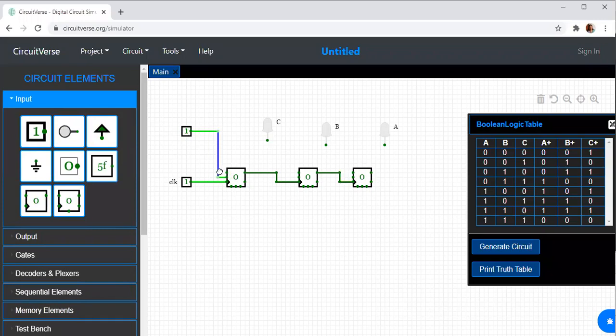Same one I'm going to give to J and K because it should toggle. My aim is I need the toggling condition. So I've connected J and K.